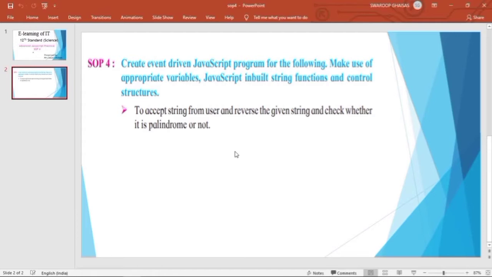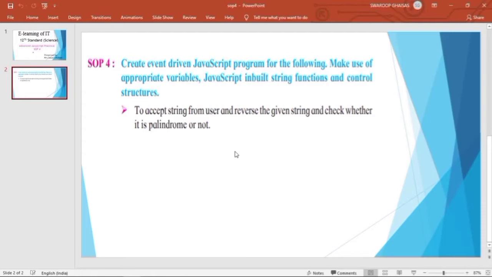The same logic is there for a palindrome number. That is, if a number is same after reversing it also, then we can say that number is a palindrome number. For example, suppose 1 2 1. So reverse of 1 2 1 is again 1 2 1. So we can say 1 2 1 is a palindrome number. In case of string, suppose A B B A, then reverse of it will be again A B B A. So A B B A is a palindrome string.